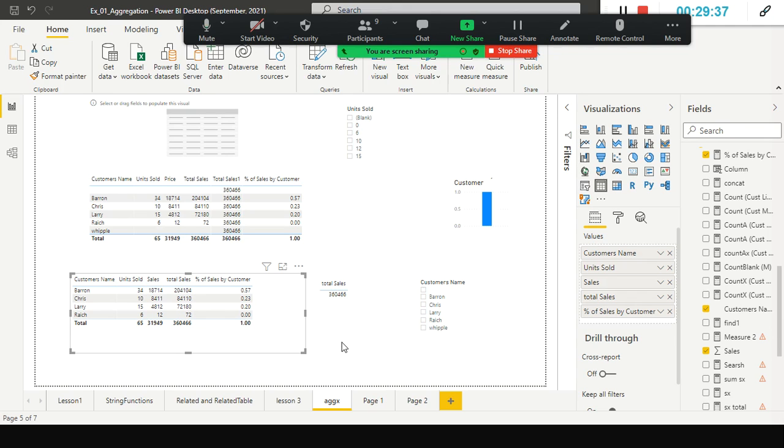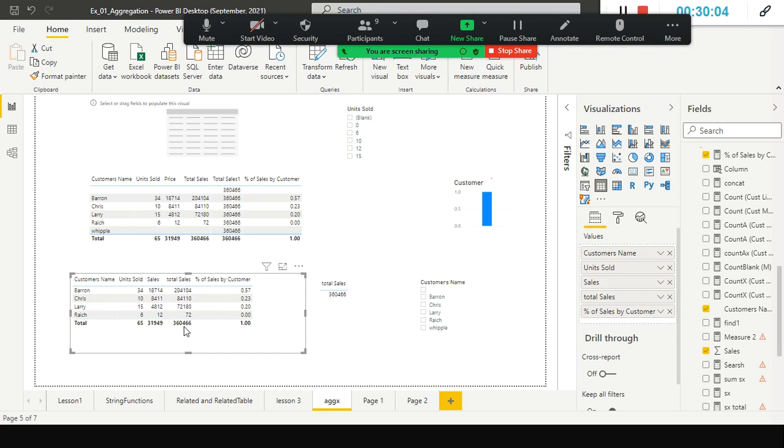Now we are all set. Now you understood the SUMX function and you understood the ALL function, and also the internals of the SUMX function. First it evaluates the expression and then stores that value temporarily in memory, and finally it applies a sum on all these values.